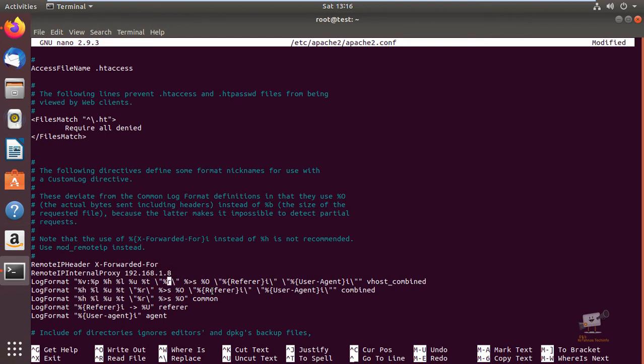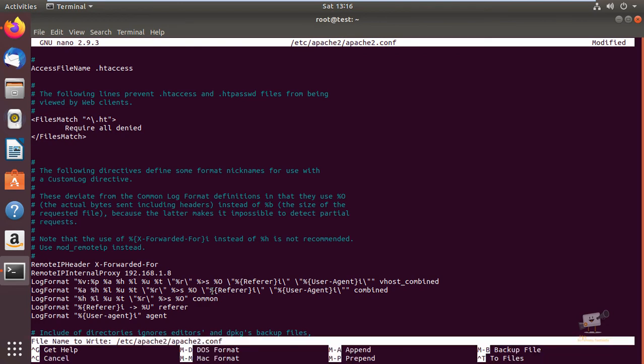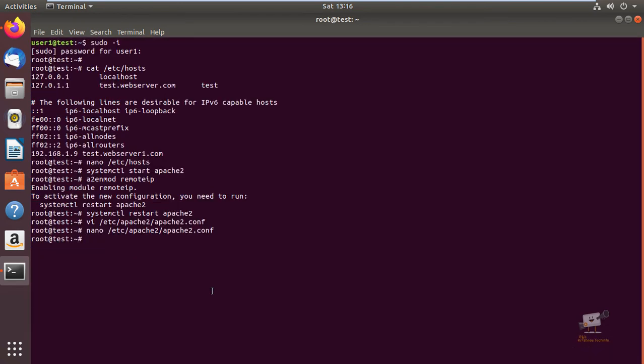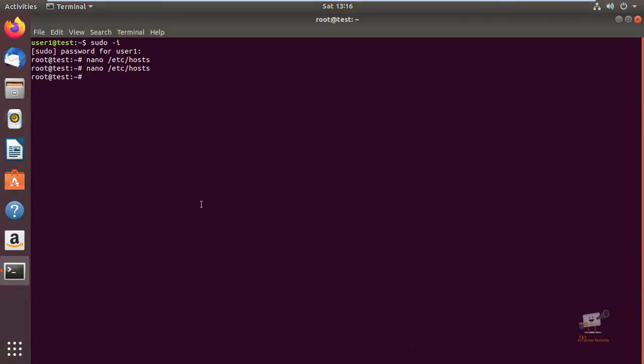Now in the log format you need to add %a to log the remote IP, and in the next line you need to add %a for the combined log. Now save the file and exit. Now restart the Apache web server. Now the configuration is done in web server 1. We need to do the same configuration in web server 2.